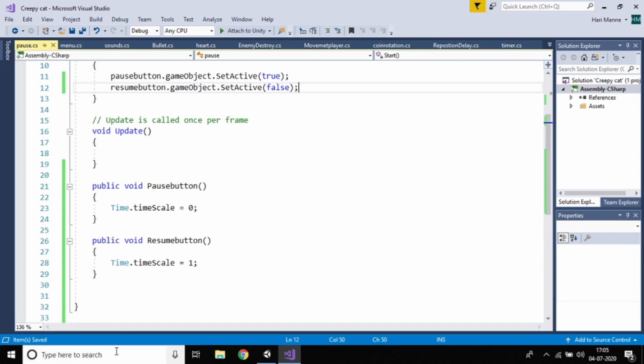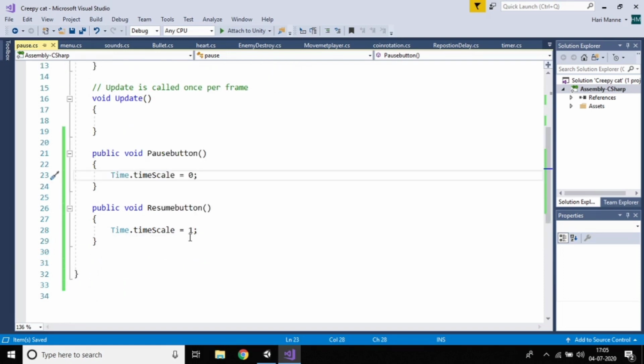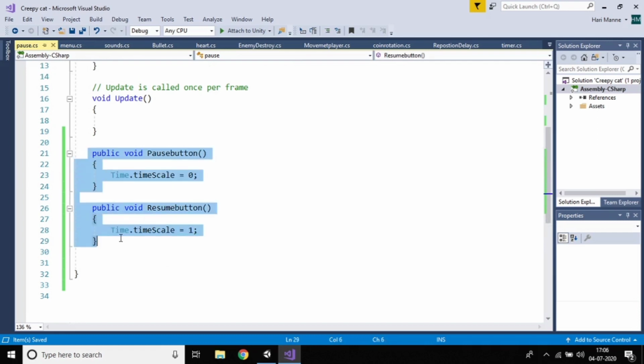So we already added the pause button and resume button, right? So we'll work with that. Initially it should be true and initially false. If I press this one, it should become false, and again it becomes true. So just go here, and instead of writing these two things,